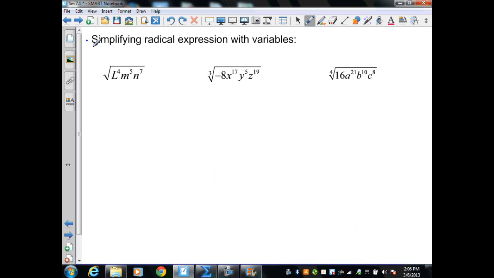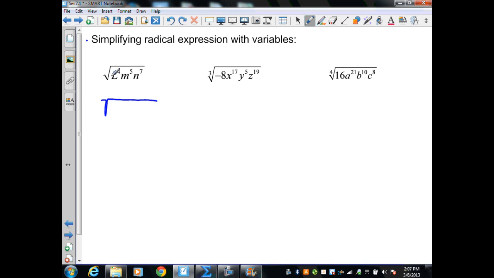On this example, I want to simplify radical expressions with variables. On these examples, my index may not divide evenly into the exponents. To do that, I need to use our product of exponents to get that index to divide in evenly. Let's take a look at the first example. I have the index of 2, or the square root of L to the 4th, M to the 5th, N to the 7th. I know that I can have